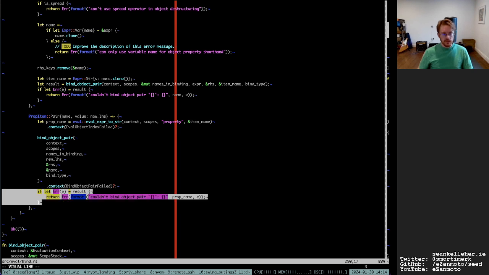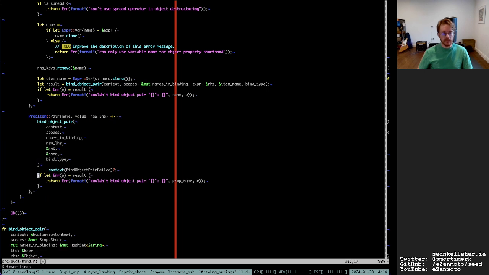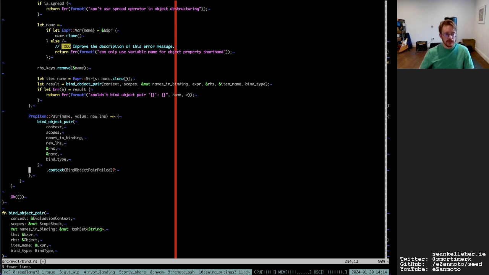So I'll remove. So I don't need prop name here anymore. I possibly just duplicated the effort here and in this function just to keep things simple when I was implementing it first time around.